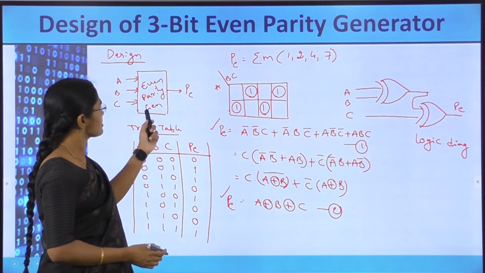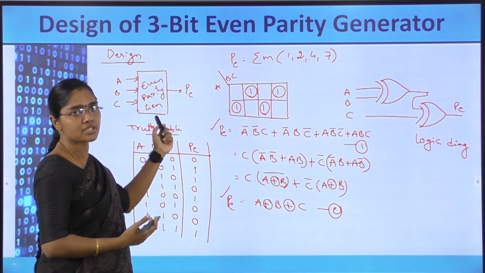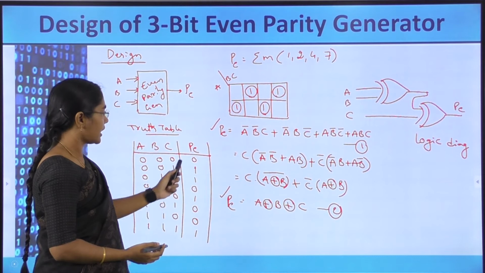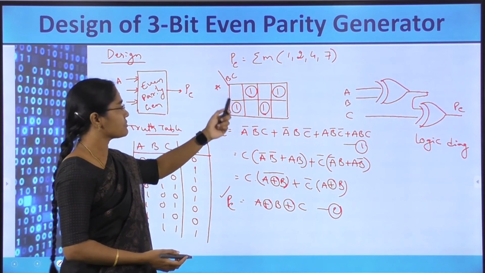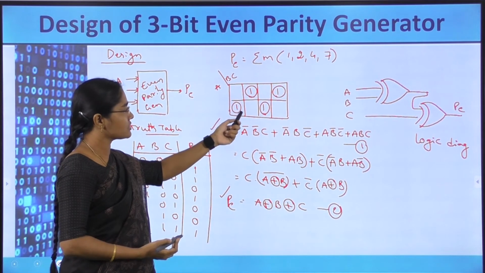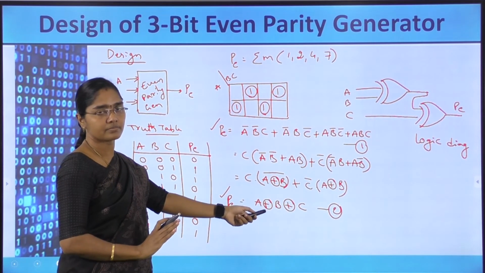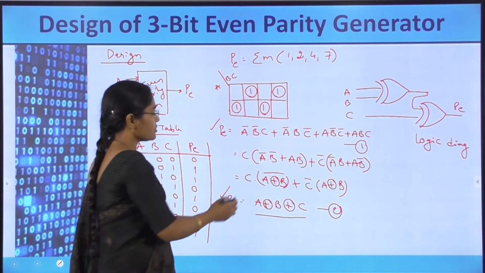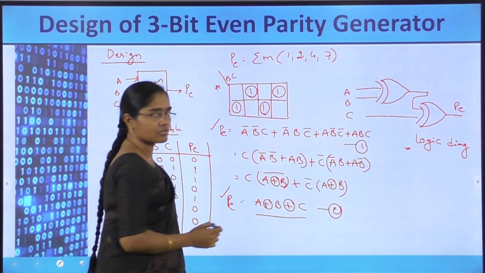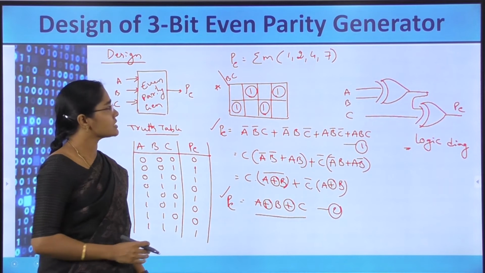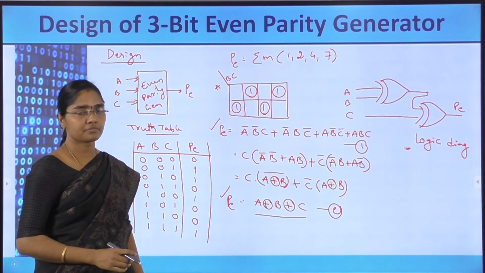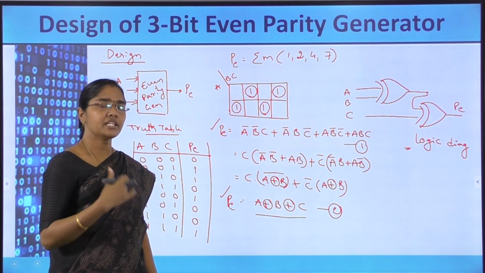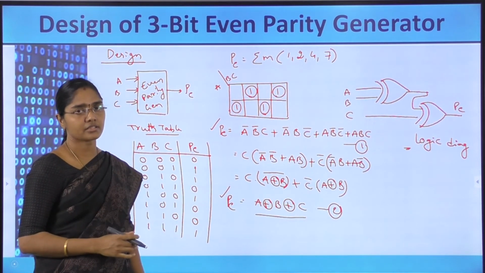Okay. The first step is having the relation and identifying the number of inputs as 3 and output as PE, and writing the relation as the truth table, and now taking the minterm form and trying to simplify, and simplification is not possible, so we have just rewritten. That is A XOR B XOR C is the logic expression. So using this logic expression, the logic diagram is drawn. Okay. This is the 3-bit even parity generator. Like this, a 4-bit even parity generator or 5-bit even parity generator can be designed.